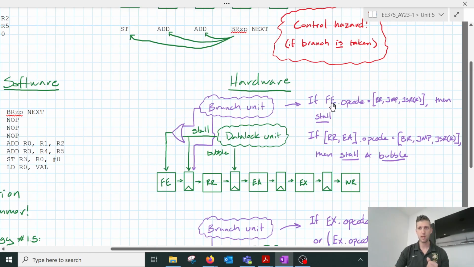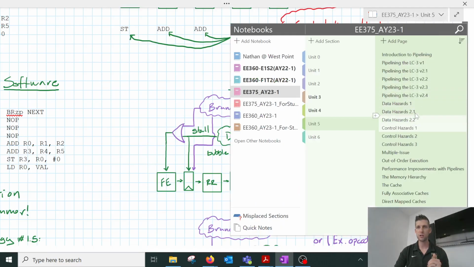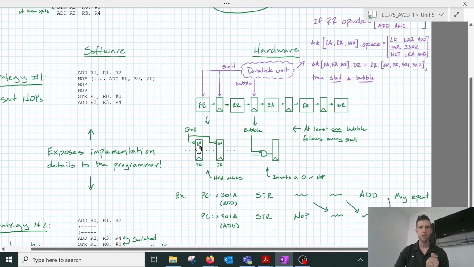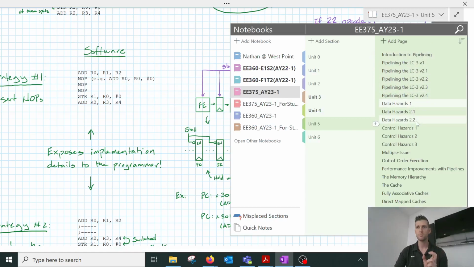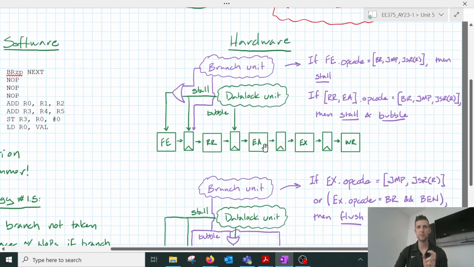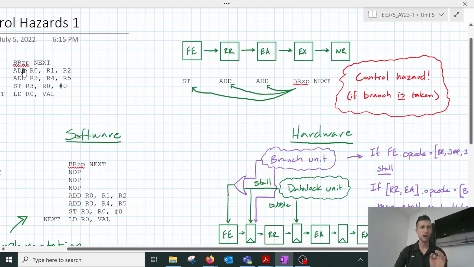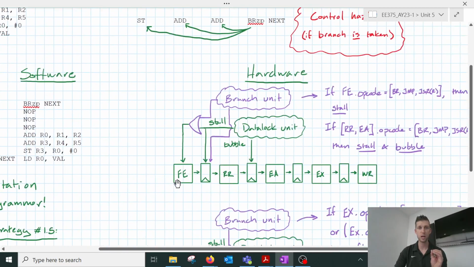If the opcode in the fetch stage is one of these branch instructions, branch, jump, JSR, then I'm just going to stall. So sort of like in the data hazards lesson, stall meant that the program counter and the instruction register don't change. So coming back to my control hazards, in this example here, the add instruction would stall in the program counter. It would wait there until